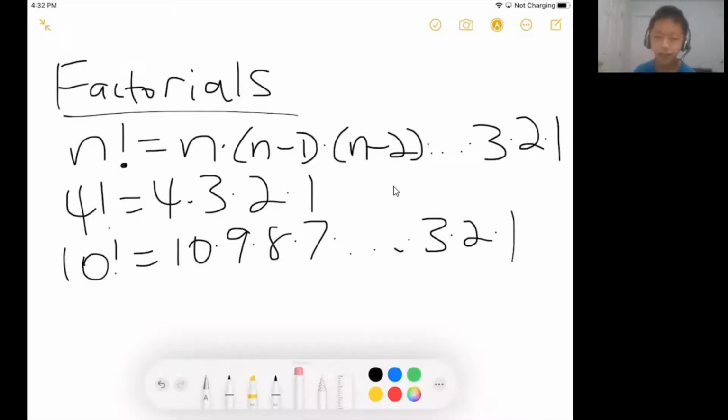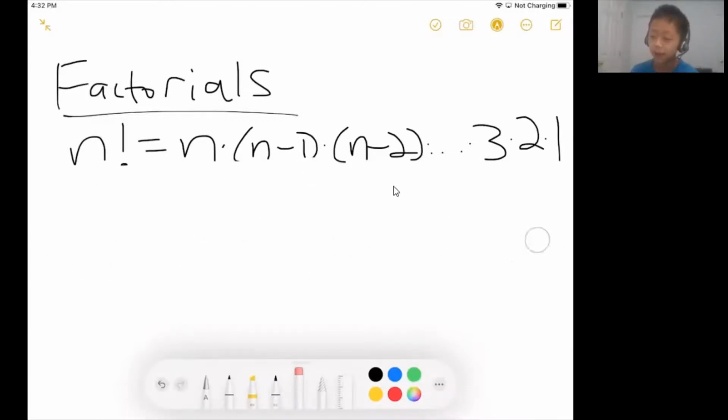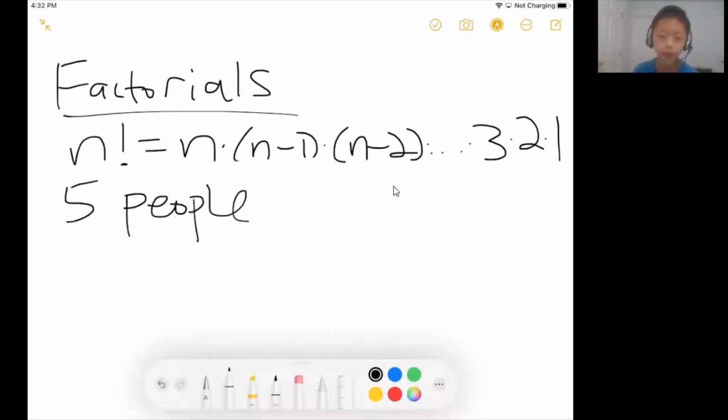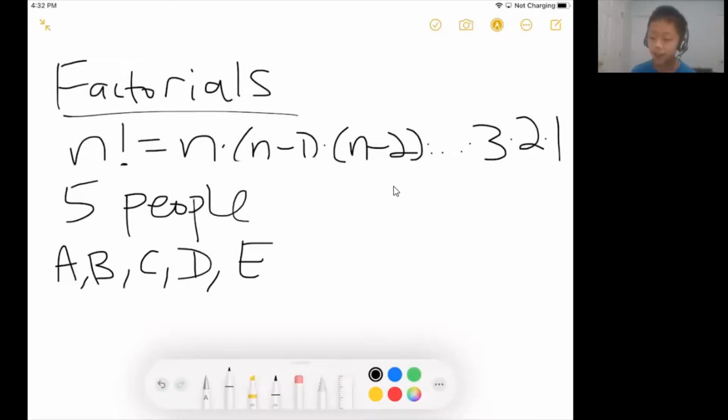And the reason factorials are important is because one of the most standard and classic examples in combinatorics is, let's say you have 5 people and you want to know how many ways there are for these 5 people to stand in a line. If you were to call these people A, B, C, D, E, and you wanted to find how many ways there are to arrange these people in a line, then basically what you would do is